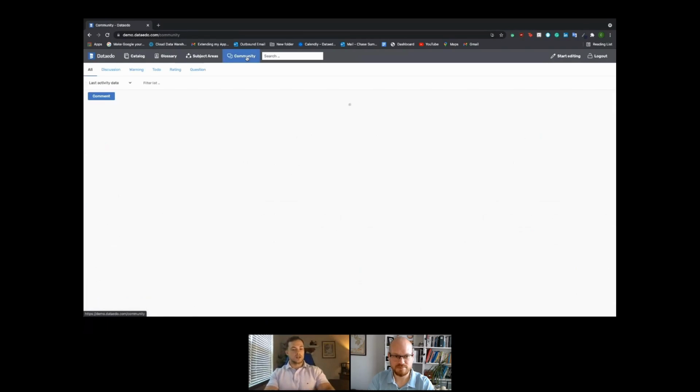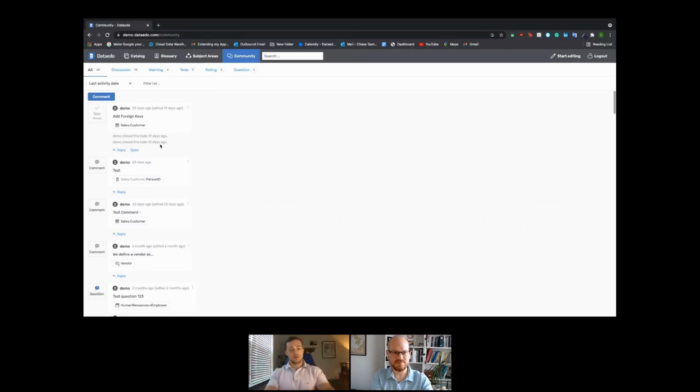Lastly, what we'll hint on here, we have our community section. So this is going to allow for all of your data community, both data experts and your data consumers and explorers, to come in and have conversations surrounding data, all in the data catalog, which you can also see on each table or column level. As far as any questions that are being asked,